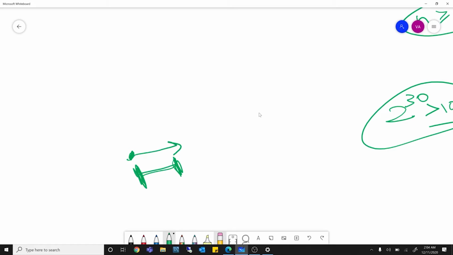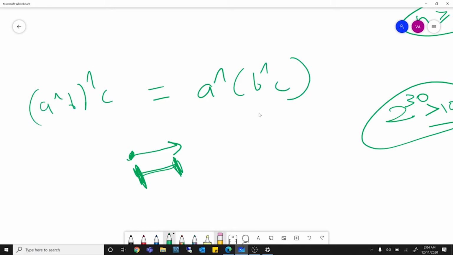So first of all, let's look at another property of XOR. This property is quite important: (A XOR B) XOR C is equal to A XOR (B XOR C). This is called the associative property of XOR, that no matter in which fashion or in which order you take XOR, the answer is always same. So taking XOR of these two elements first and then with this element is same as taking the XOR of these two elements and then taking the XOR with the last element. Alright. So this is an important property.